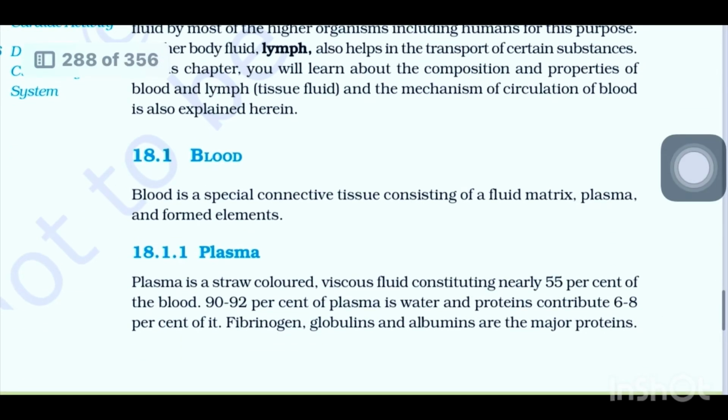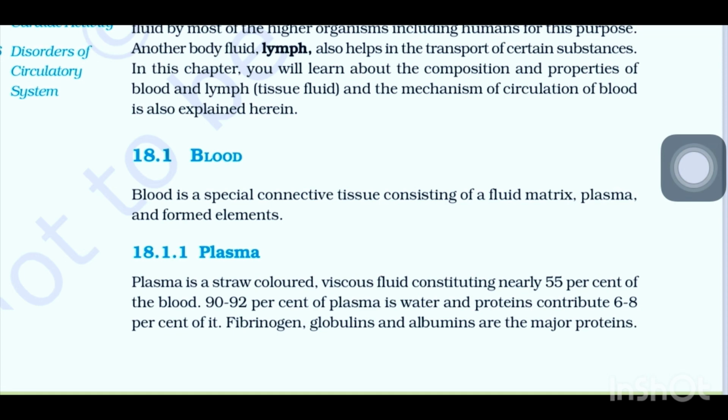Now moving on to blood. Now what exactly is the blood? Every time you have an injury, the red fluid that comes out of your body, that is the basic thing we know about blood, right? Yes. Okay. Now when we were doing the chapter structural organization in animals, we had this topic called connective